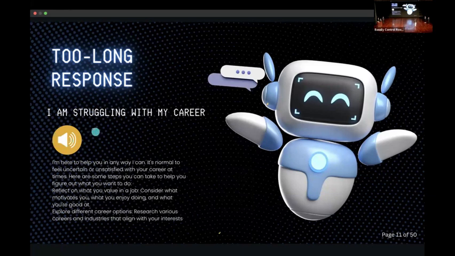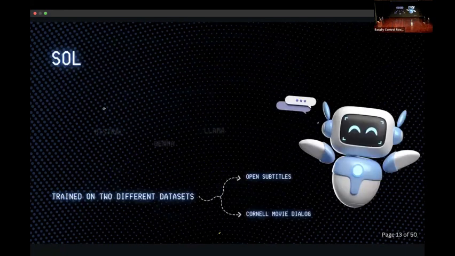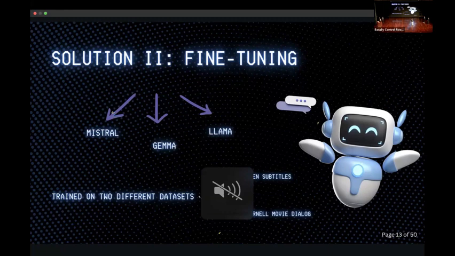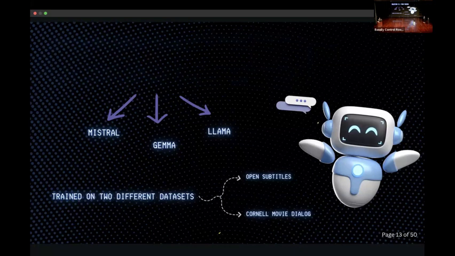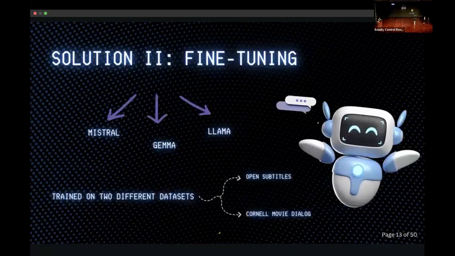That guy over there already got bored. And this is actually the problem that we're trying to target here. So we tried two different solutions. The first solution we tried was prompting. We actually tried 3 types of prompting: few shots, 0 shot, and role playing on 3 different LLMs: Llama, Gemma, and Mistral. The second solution we tried was